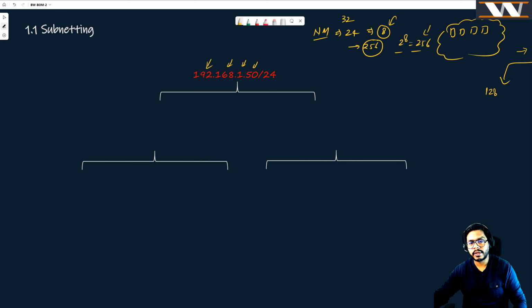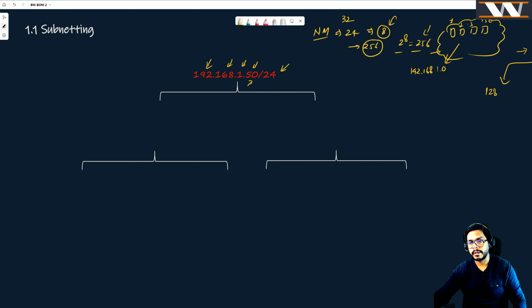So I am talking about the 50th host inside these 256 hosts, because you can assign IP addresses from .1, .2, .3. The starting 3 octets are 192.168.1. This is 1.1, this is 1.2, this is 1.3, and maybe this is 1.50. So you can straight away see this IP address and say that it is the 50th IP address of a network, and that network is